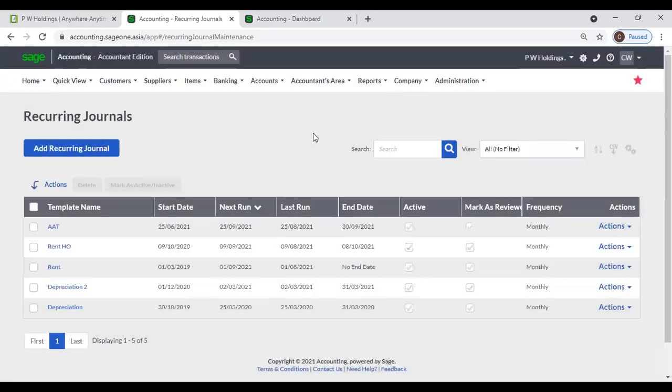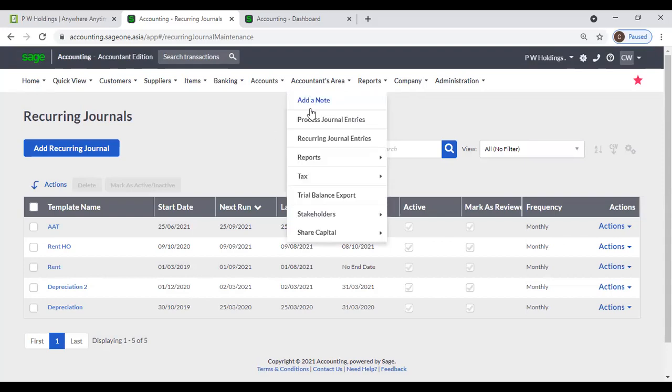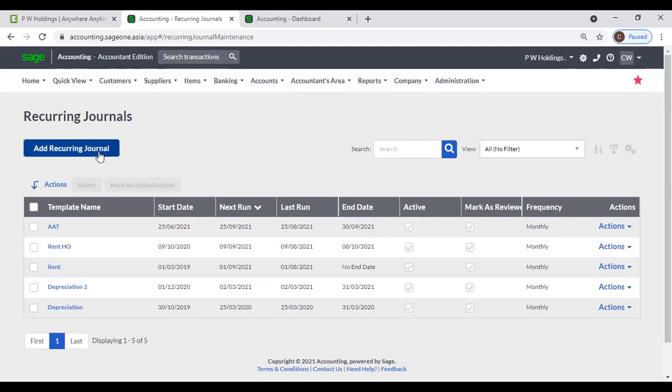Now, this recurring journal entries you can use if you are frequently processing any journal entries. For example, if you are paying rent, that rent may be fixed for every month. So you can set a journal entry for this rent expense, and the system will automatically generate that recurring journal entry, and it will process. Okay, you can set a recurring journal entry from accountants area, recurring journal entries, and click add recurring